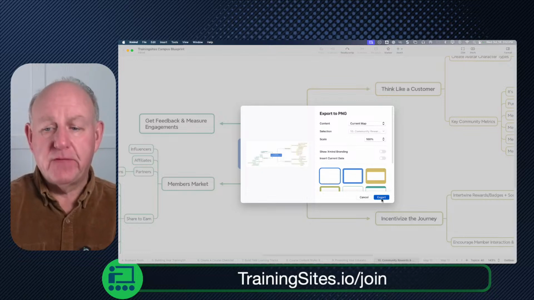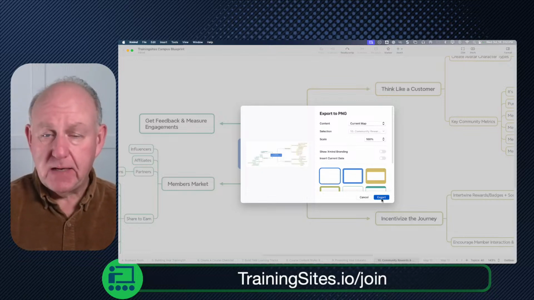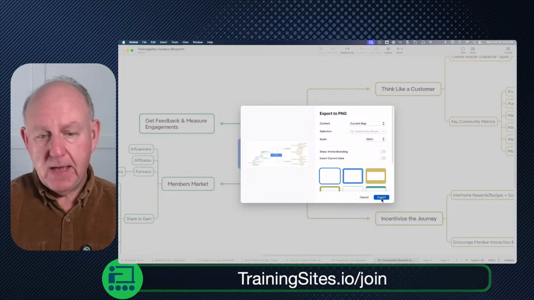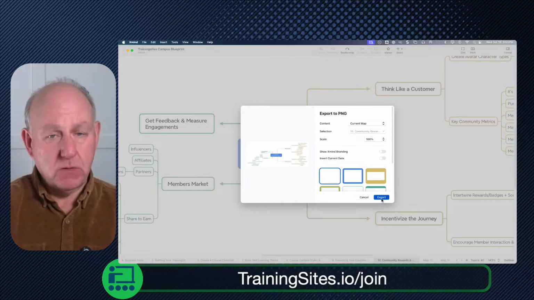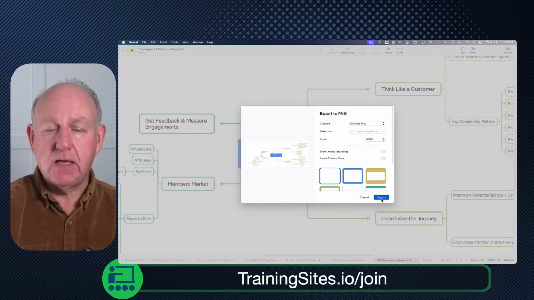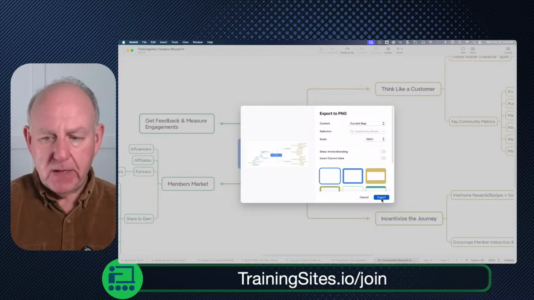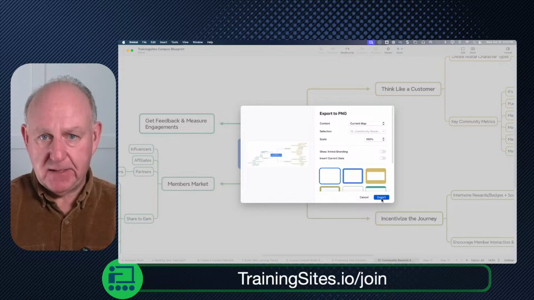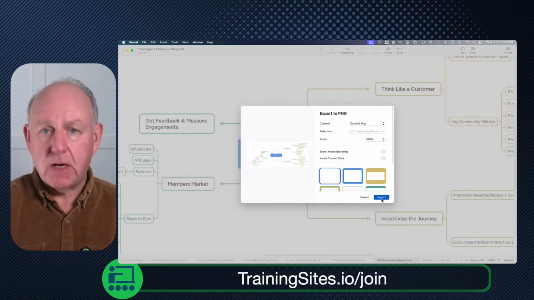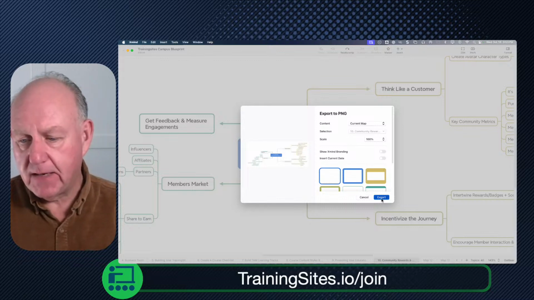I now have, and I could say it's a PDF as well, so someone can download it. They now have the map that goes with the text, that goes with the video, that goes with the action items, and it's all done. So each time I do this for each lesson, I'm now rounding out the content and it's being generated based on just doing a live video that started off with a mind map.